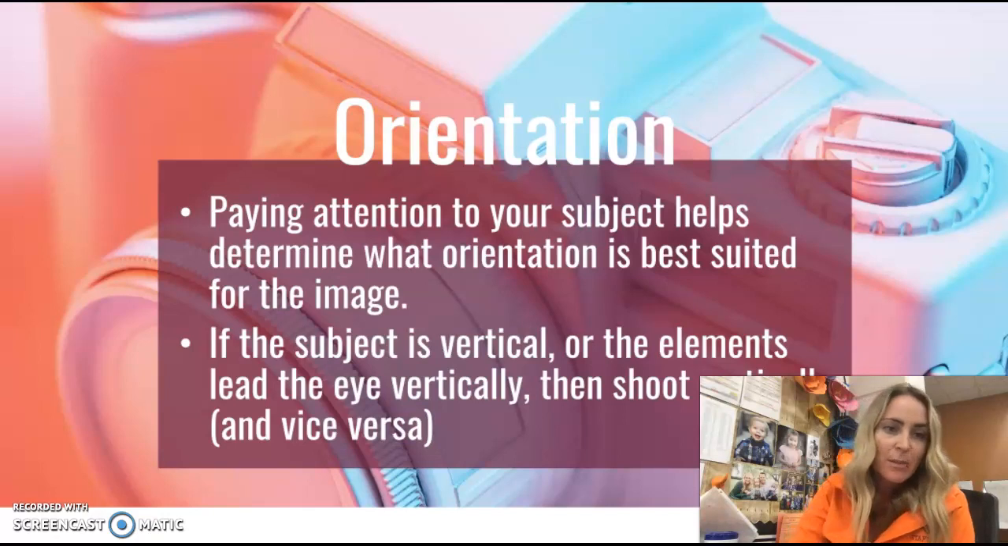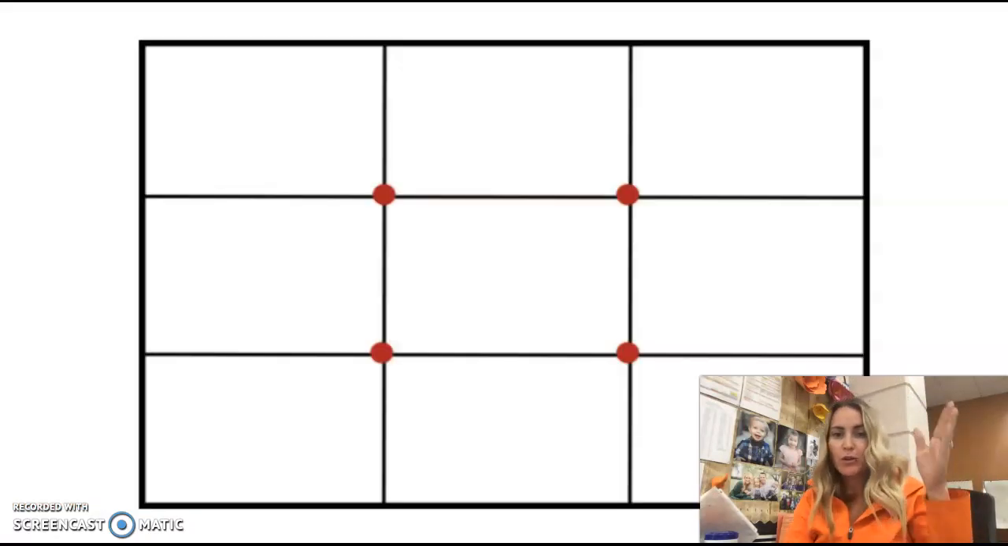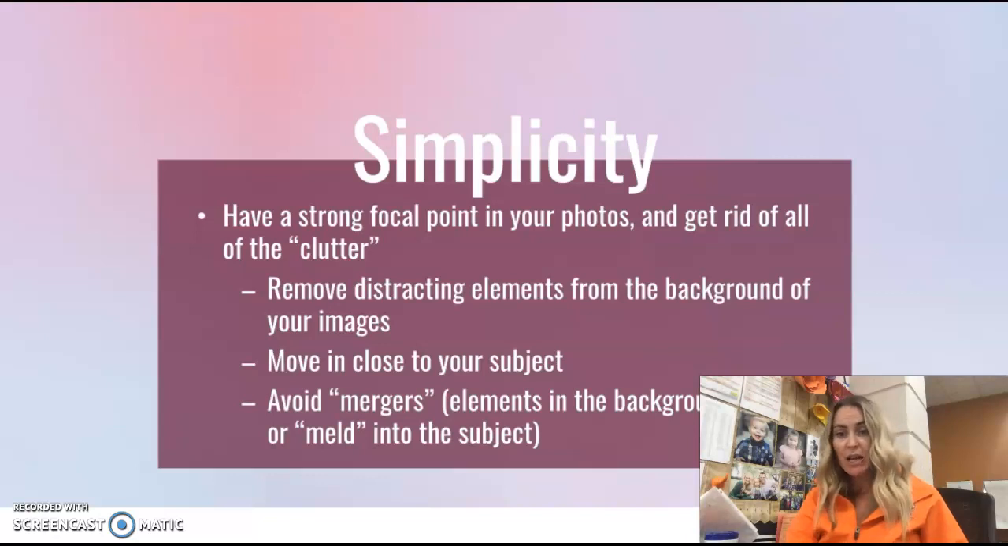Yesterday we talked about 4 different compositional rules. Number 1 was rule of thirds, right? You divide your photo into 9 equal areas and then place your subjects along the lines. Rule number 2 was simplicity, which asks you to get rid of all the clutter and have one strong subject